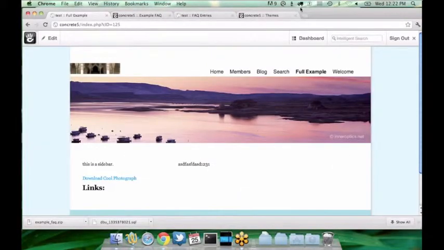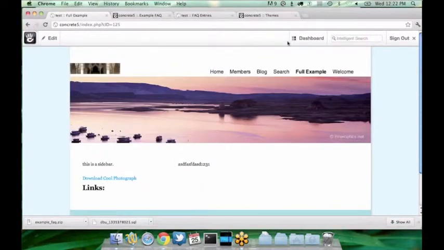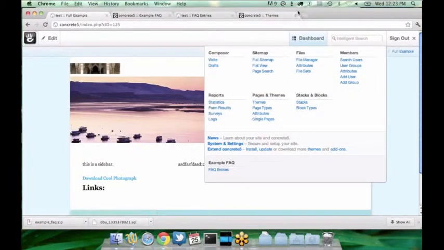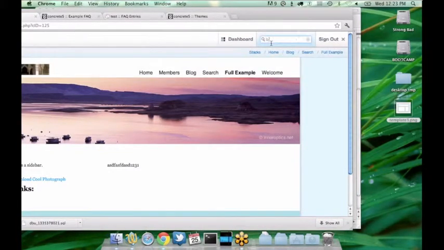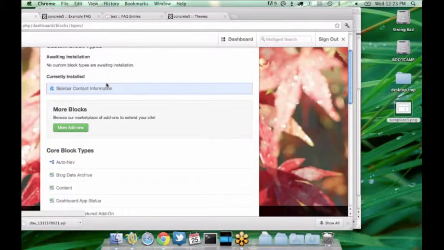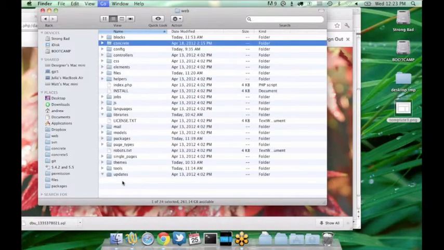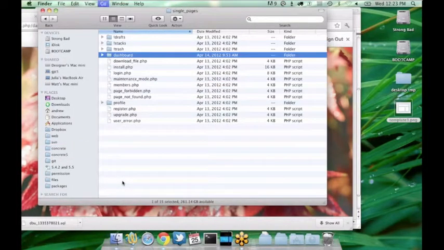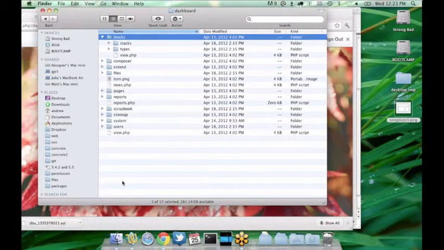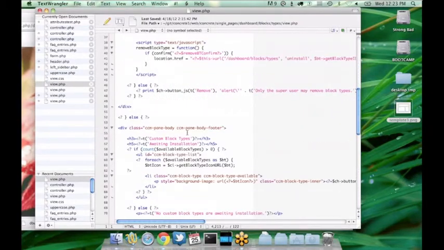In terms of how you would do that in the API, you definitely can, because if you look at the block types page in the dashboard and click on sidebar contact information, you can see this usage count shows that there are two instances of that block. So I can't remember exactly what the API call is for that, but